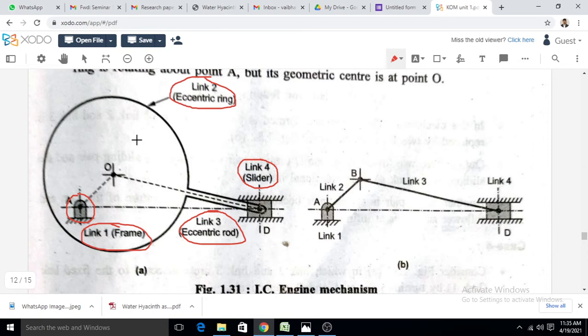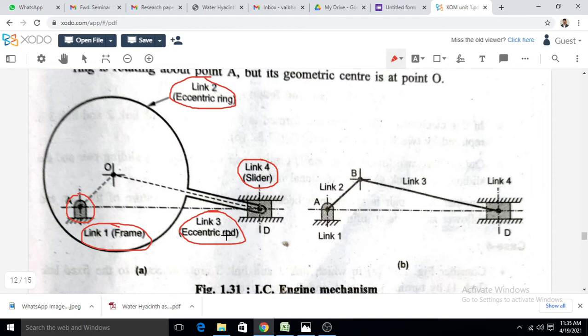We all know what is meant by geometric center. Geometric center means if we consider one circle, then the center of this circle is called the geometric center. But here, this ring has a geometric center at O, but this ring is rotating about the point A. Now, the one end of the eccentric rod